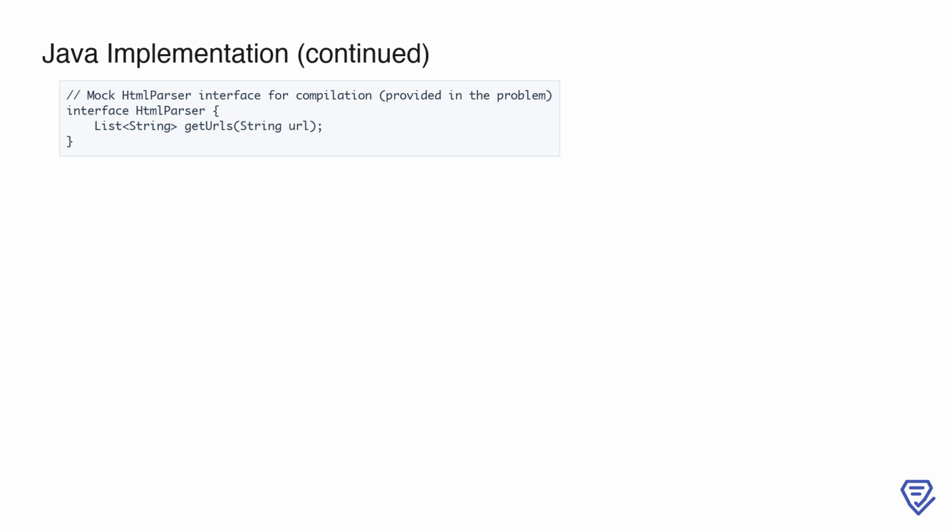The crawl method relies on this interface to fetch the URLs from a given page, making it a critical part of the web crawler's functionality. By adhering to this interface, the solution remains modular and compatible with the problem's constraints. This concludes the implementation, showcasing how multi-threading and thread-safe collections work together to efficiently crawl web pages within the same